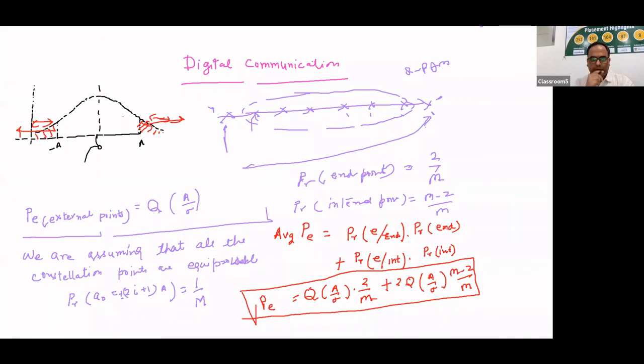So the question is being asked that why we are not multiplying by 2 in the exterior probability, right? The answer is very clear: here we have only a single boundary. When we were calculating the probability for end points, we had two boundaries, so we had two conditions. Either we can have this region or we can have this region, which means we have to sum up both the regions. But here we have only a single boundary. Either we will be in this region or in that region. That's it. We don't have any other boundary. Only one will be true.